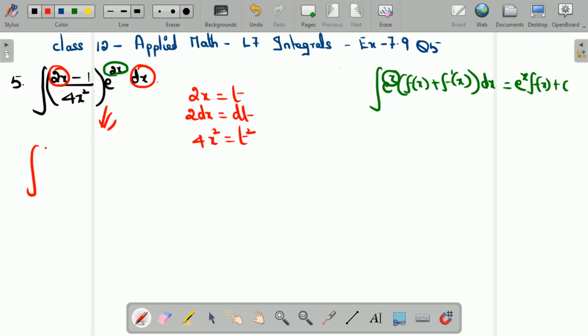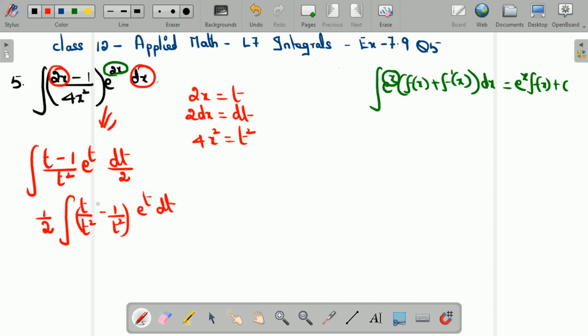So this is integral of (t minus 1) by t squared into e power t dt by 2. So in the next step, I'm going to take this 1 by 2 outside. So 1 by 2 integral of this fraction I'm going to break. So this will become t by t squared minus 1 by t squared into e power t dt. Now this I can simplify. So this is 1 by 2 integral of (1 by t minus 1 by t squared) into e power t